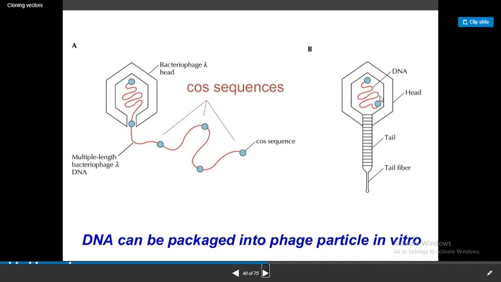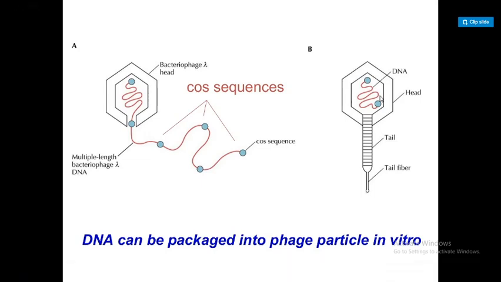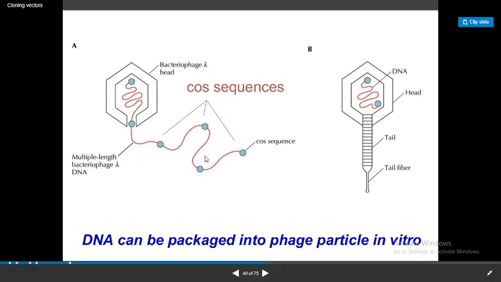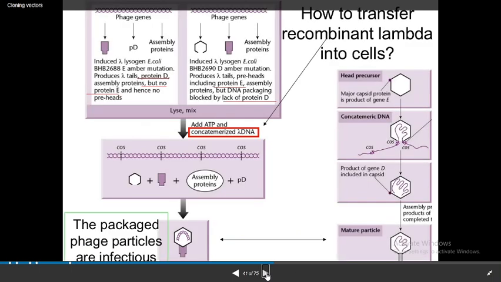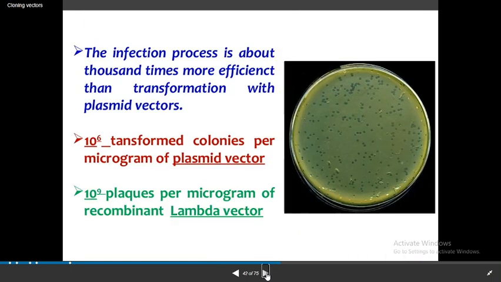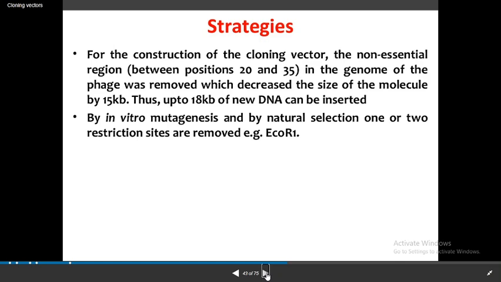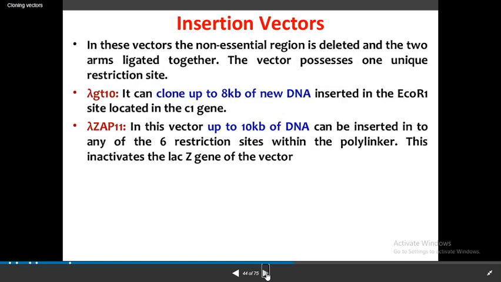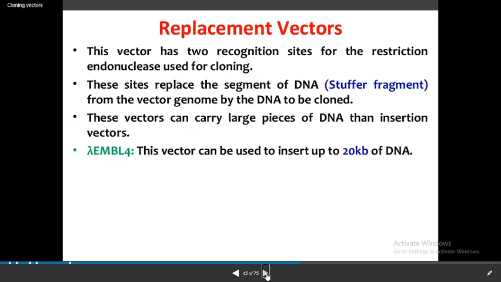The DNA of the bacteriophage is not just simply bacterial DNA. It has some projections there, that is called the COS sequence. So these are some of the examples: lambda vectors, an important vector. The name of the bacteriophage we have learned now. That is all.